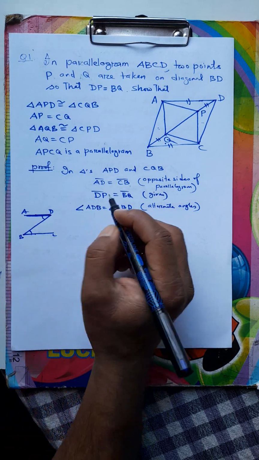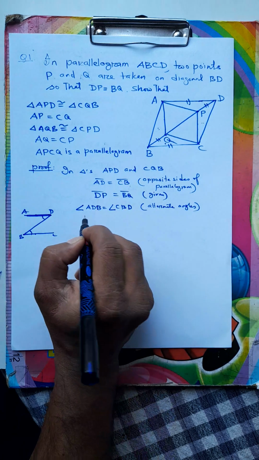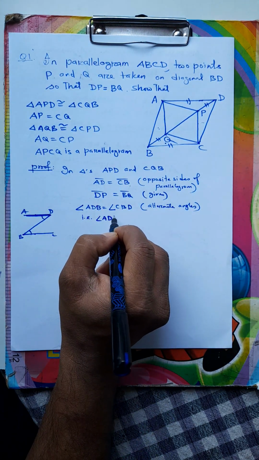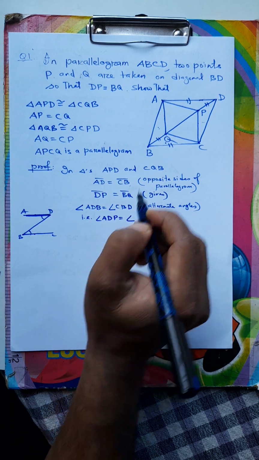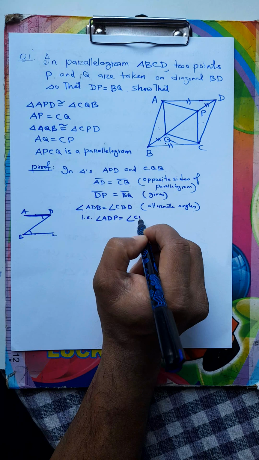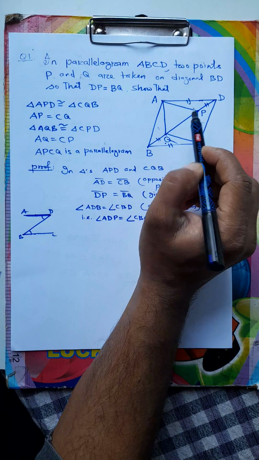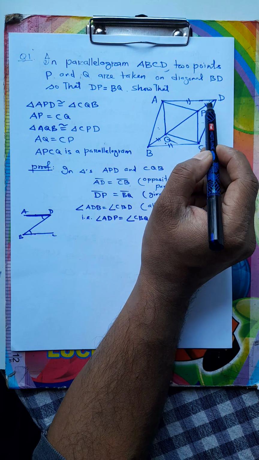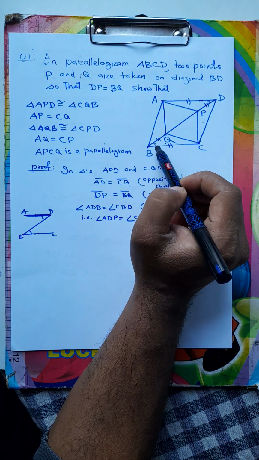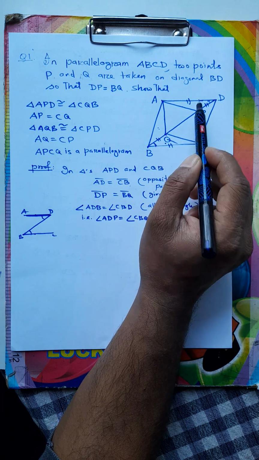Now what is ADB? ADB means for this triangle ADP, that is angle ADP equal to angle CBD means CBQ, angle CBQ, right? So in these two triangles we find that two sides and included angle